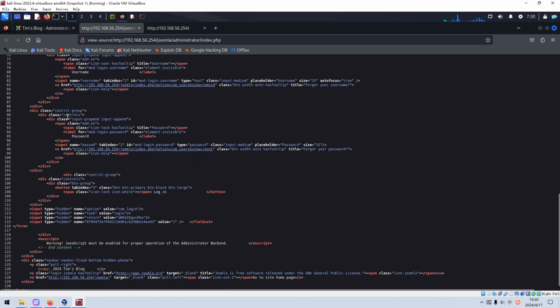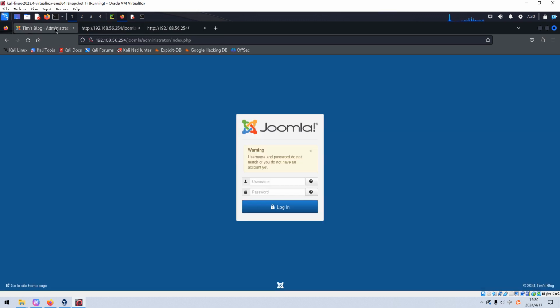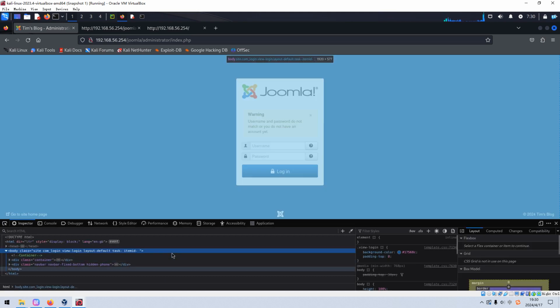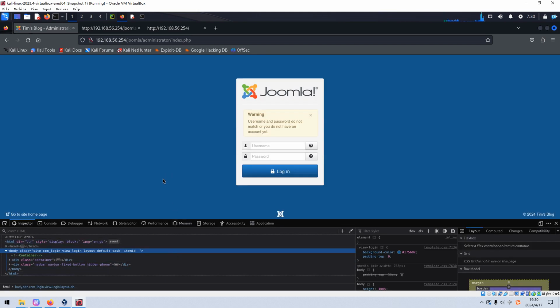Yeah, this is the control group and the input, right? The password. And there are several ways to crack a POST form. I use Hydra the most, which is the preferable way for me. So how do we do it? We can open up Inspect by right-clicking the mouse, and we can input anything,